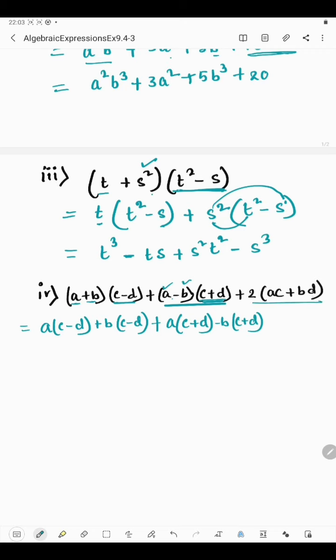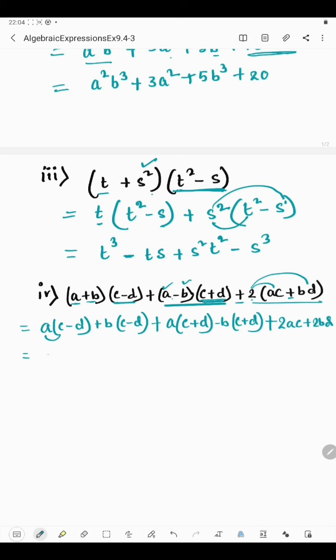Now coming to the third part. Again in between a plus sign is given, so we'll put a plus sign. Now here 2 is multiplied by (AC + BD). So if you multiply 2 to AC, you will get 2AC. Then we have a plus sign. Now 2 multiplied by BD is 2BD. Okay.